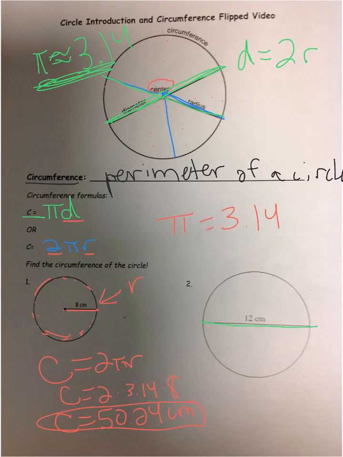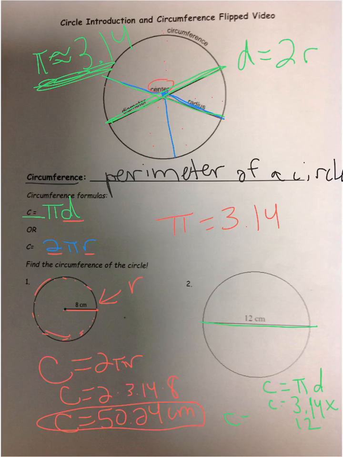All right, in the next example, this example says 12 centimeters, and it actually gives us a diameter. I can tell because it goes straight across. So I'm going to use the formula C equals pi times diameter. And then I'll plug in what I know. Instead of pi, I'm going to use 3.14 times, and the diameter here is 12. Sorry, I'm running out of some space here. But 3.14 times 12, and we get a total of